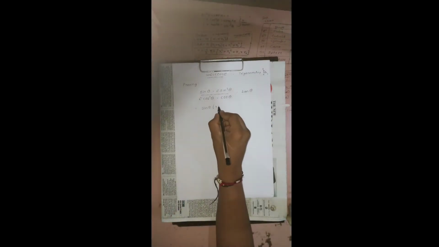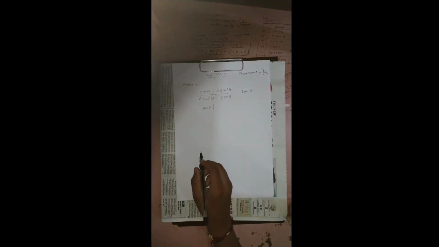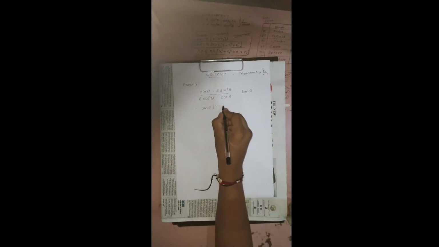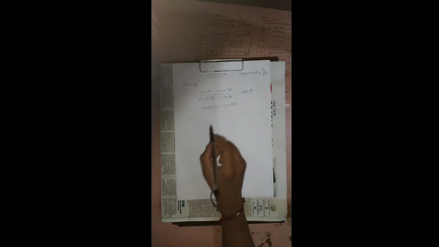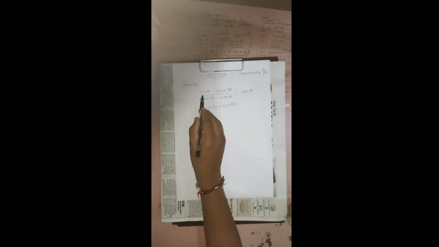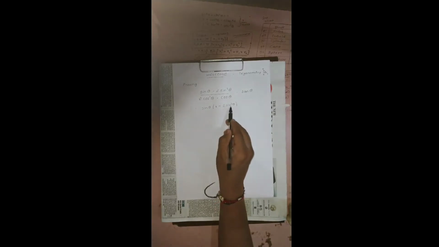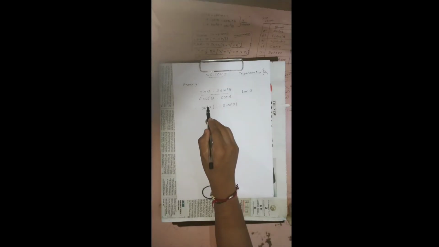And here we will put minus, and here we can write 2 sin square theta. Now observe this expression: sin theta into 1 equals sin theta, and sin theta into 2 sin square theta gives sin cube theta, and divided by,